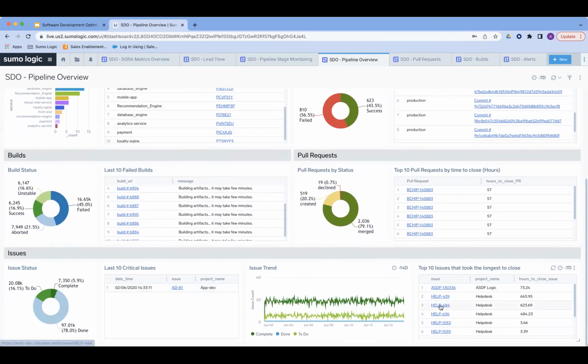If you want to click and see what the issues are, you can go to the specific tickets in Jira and see what's going on. It can be any tool, which can be integrated into Sumo and get the data populated for you, right? So if I go to one of my